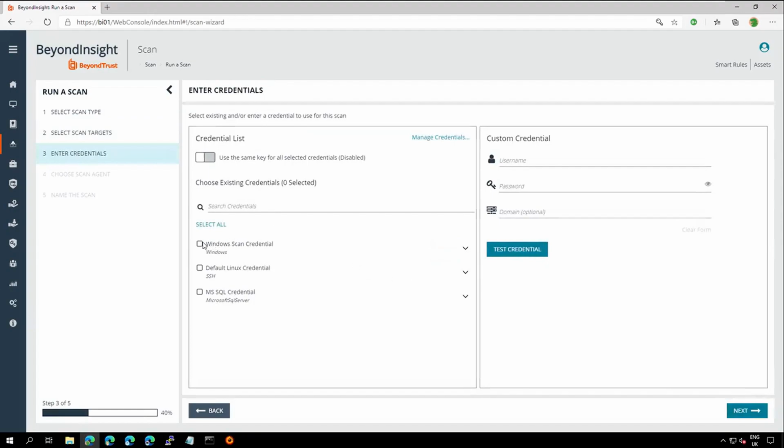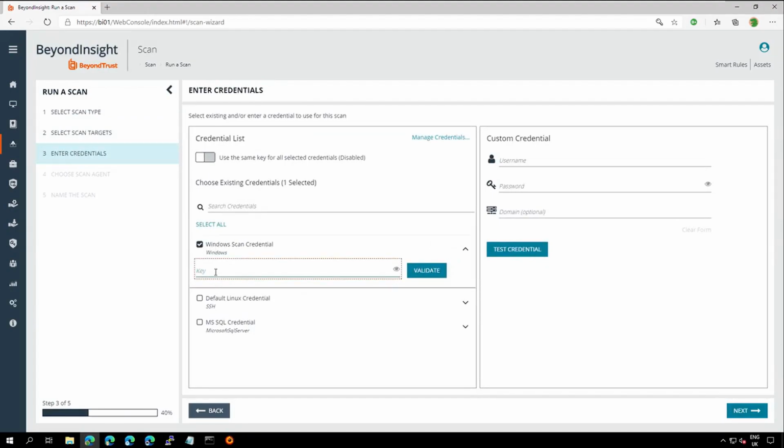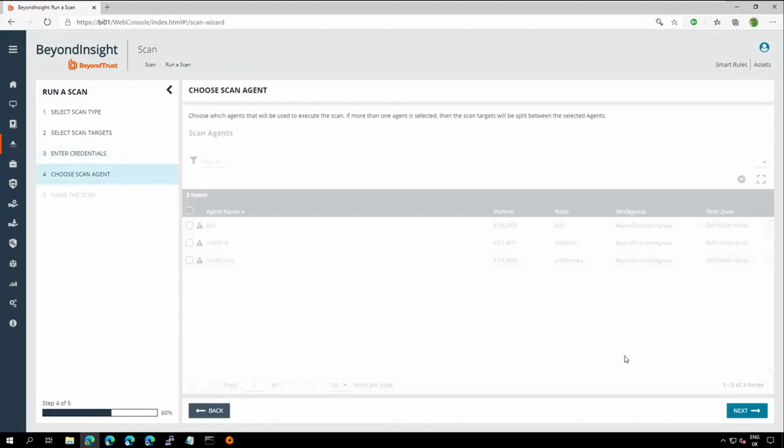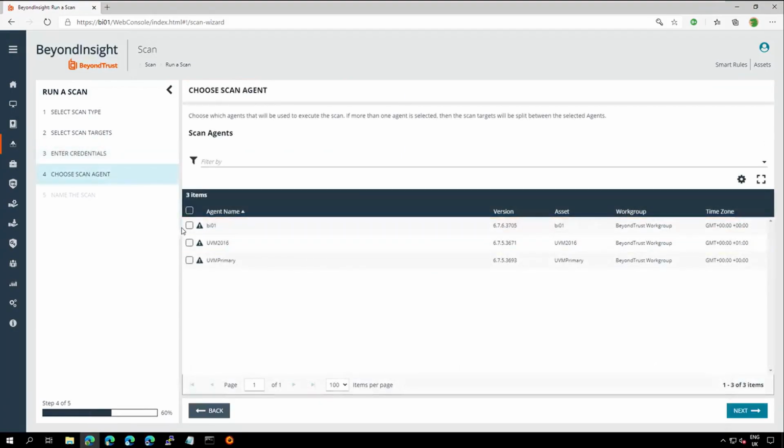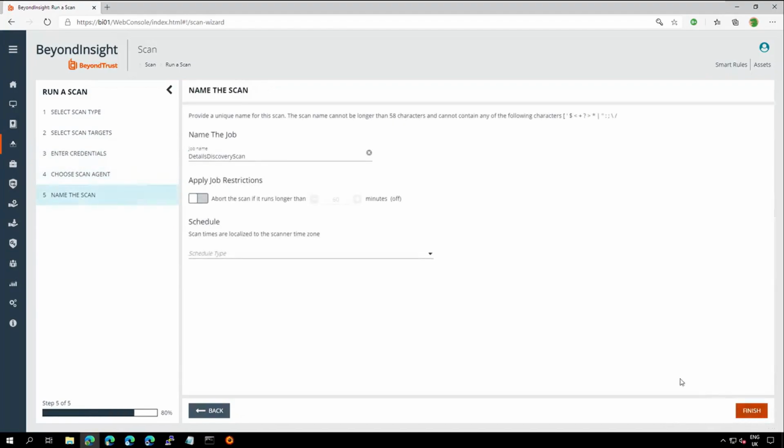I'm going to select a Windows credential and put in a key of 1234. Validate and hit next. The next screen, we choose the scan agent. And on the final screen, we can now choose the name for the job and most critically, also set the